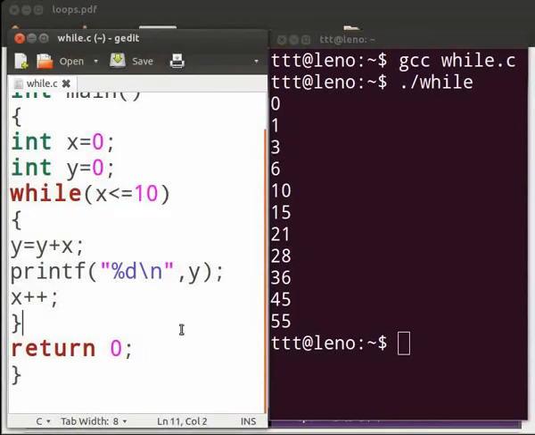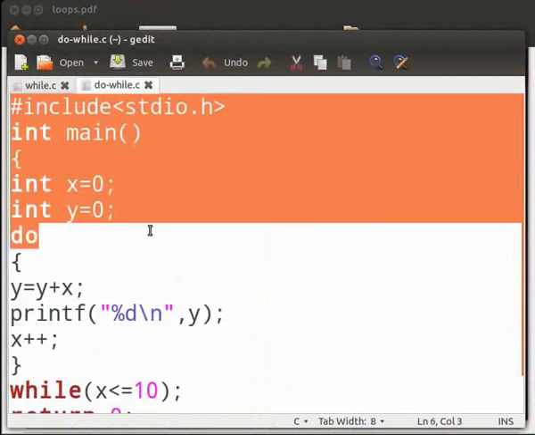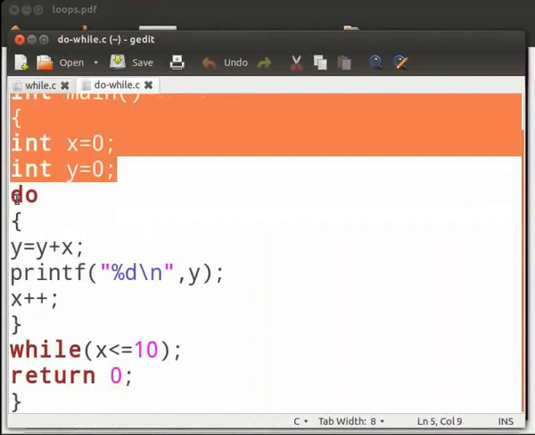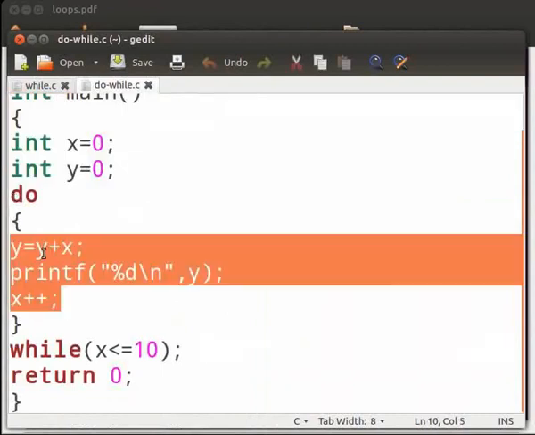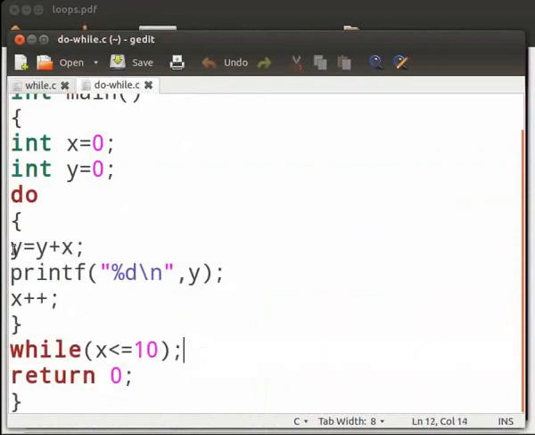Now we will see the same program using do while loop. Here is our program. Note that our file name is do-while.c. This part is already explained in the previous program, so let us move on to our do while loop. Here, first the body of the loop will be executed and then the condition is checked. The value of x is added to the value of y and the value obtained after the addition is stored in y. The logic is same as in while program.